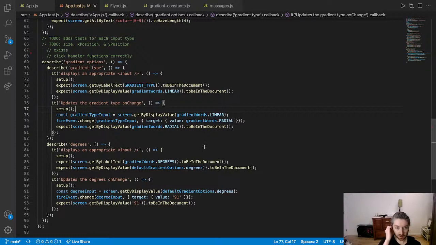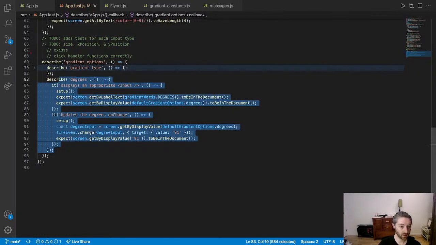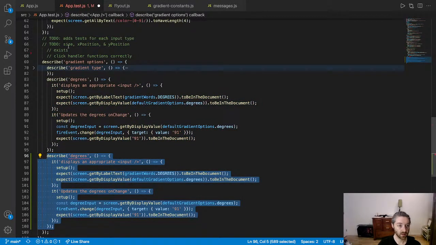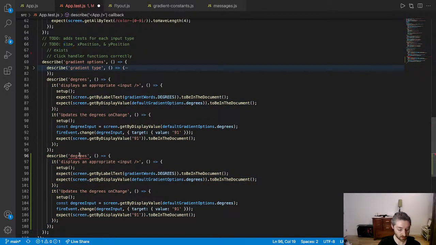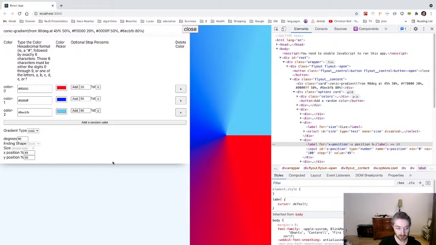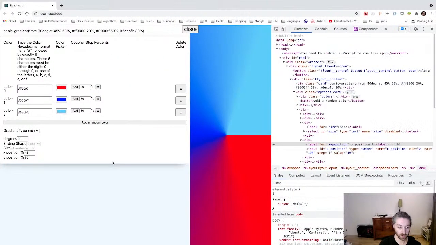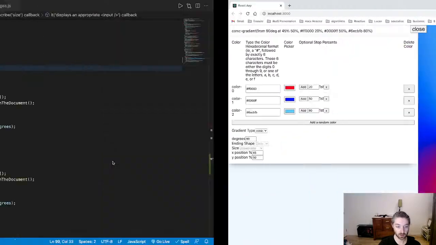Display, get by display value, gradient words. Okay. Gradient type, that's degrees. Alright, so let's do it for size, this would be the next one. So size displays an appropriate input. So screen, get by label text, gradient words,